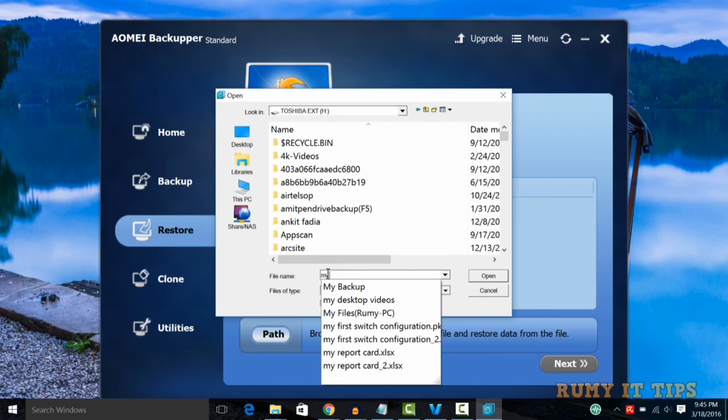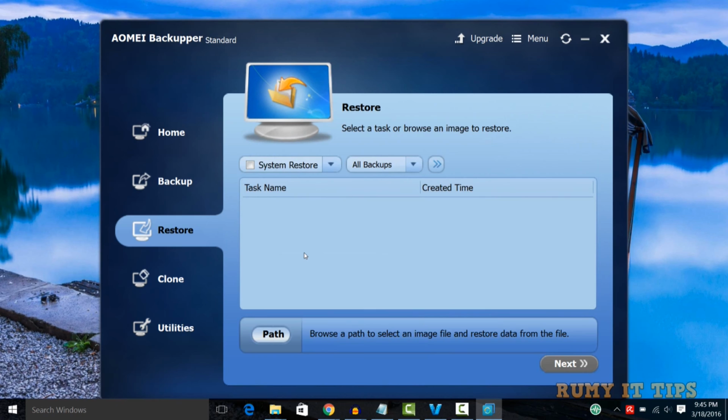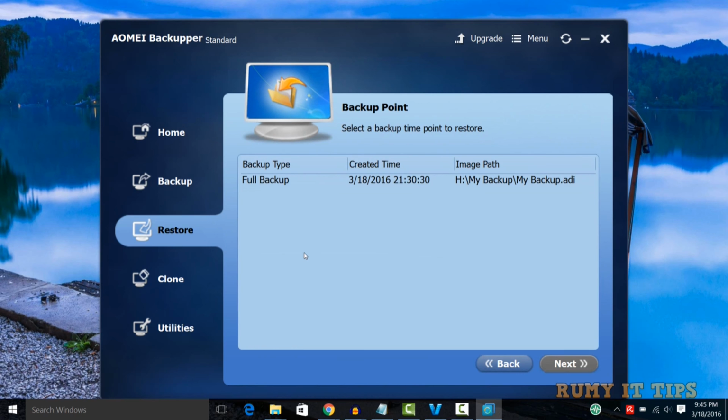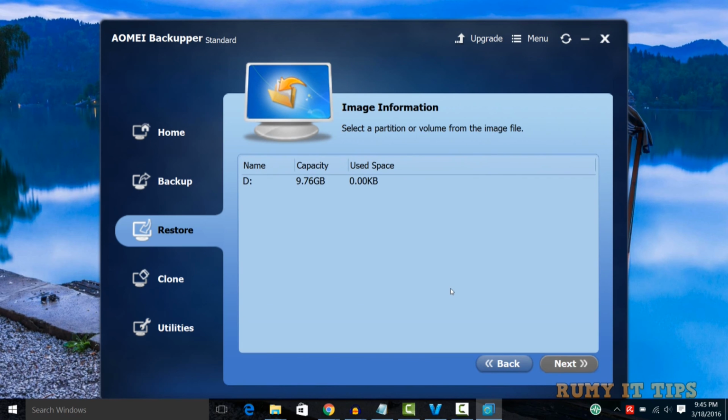In my case, my backup is there, and after that select that one, then click on restore and select the file, and then click on next. Select the file, then next, and then again next.